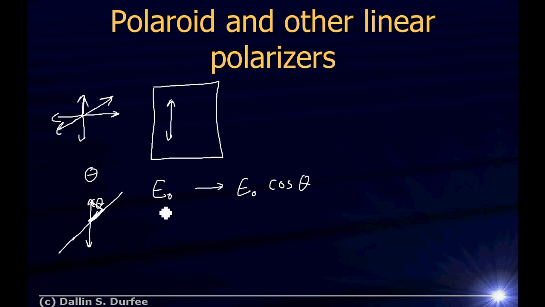Now, the electric field is what's oscillating, but what we measure on a photodiode or with our eyes is the intensity of the light, the power per unit area. And it turns out that the intensity is proportional to the electric field squared. We've seen that before in waves: the power or intensity in a wave is typically proportional to the amplitude squared. So if I have some light with intensity I0 and I put it in here, what comes out will have an intensity I0 cosine squared theta, and that's where that squared comes from.